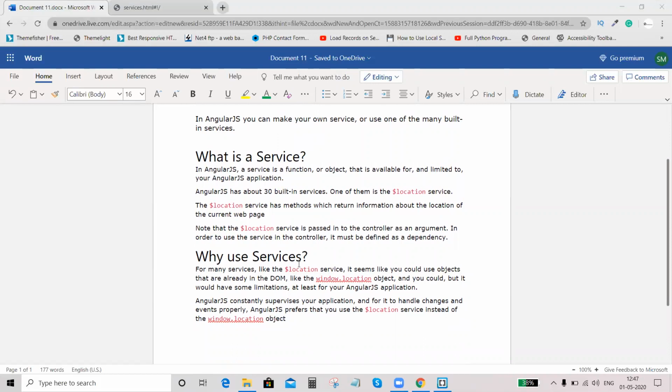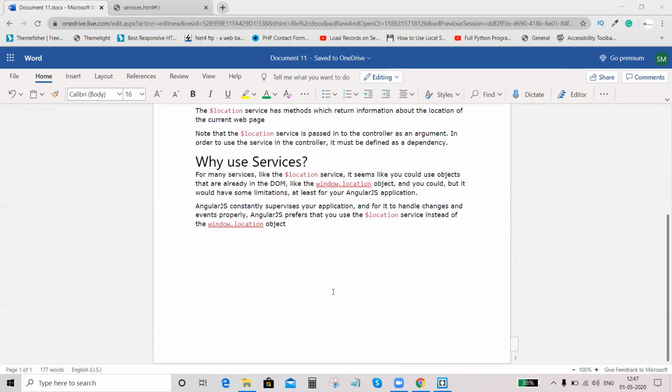AngularJS constantly supervises your application to handle changes and events properly. AngularJS prefers that you use the location service instead of the window.location object.